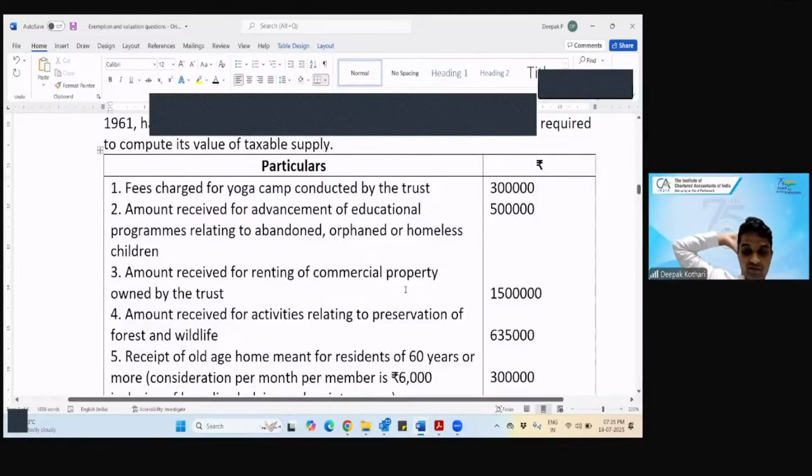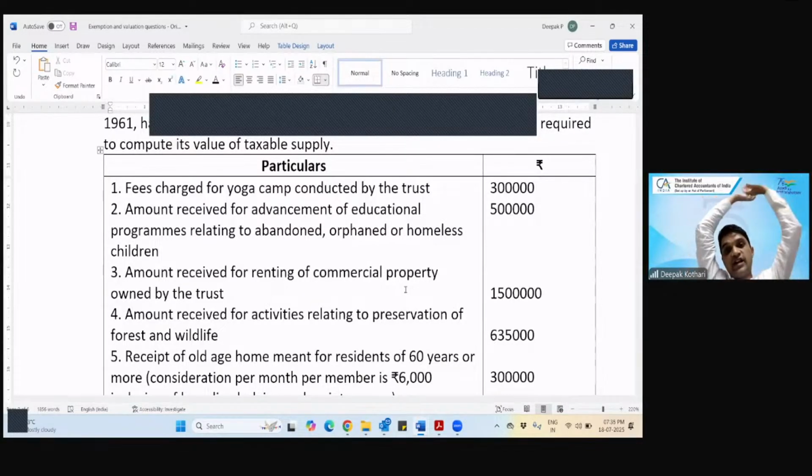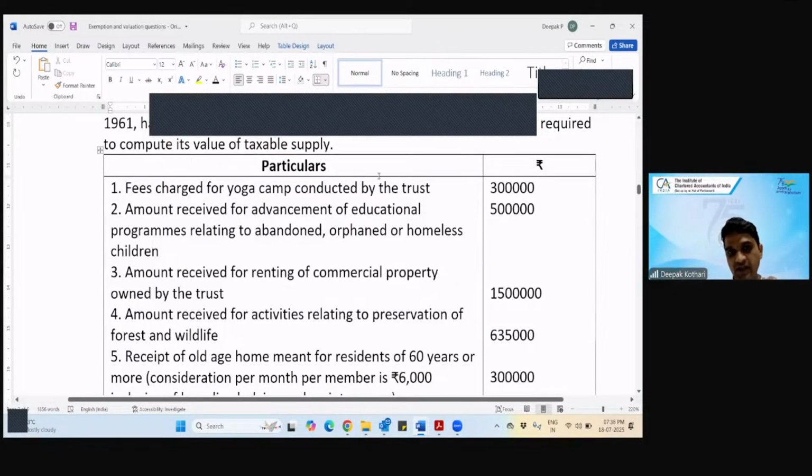Eighteen lakhs. Okay. Very fast answer, Axel. But is it the correct answer? Presentation in exams for these questions is very important because you're not only expected to give the answer, you have to give reasoning and working notes. Very important working notes, because if it is exempted or taxable, you may just write zero. Why it is exempted is very important, which you have to mention also.